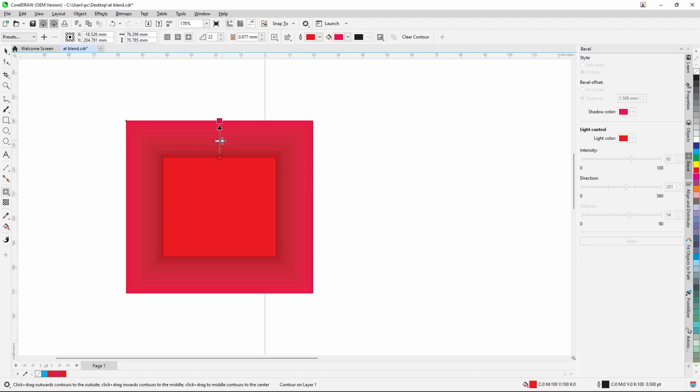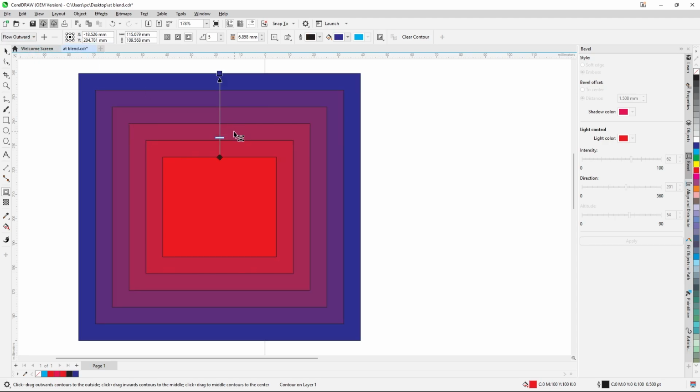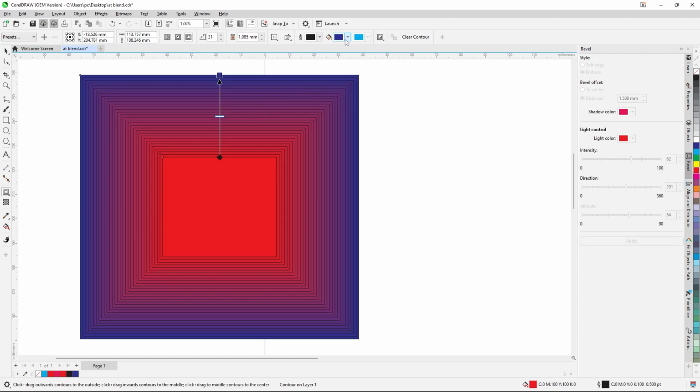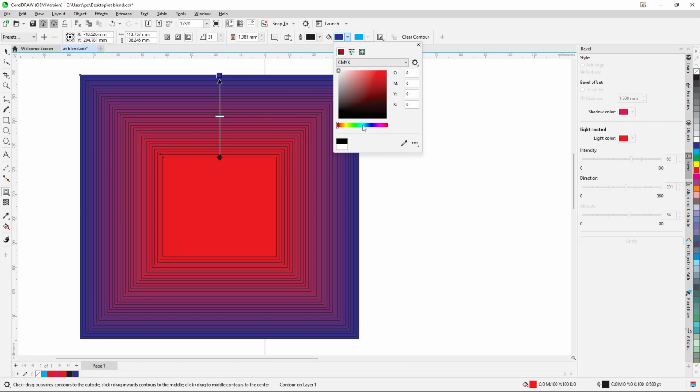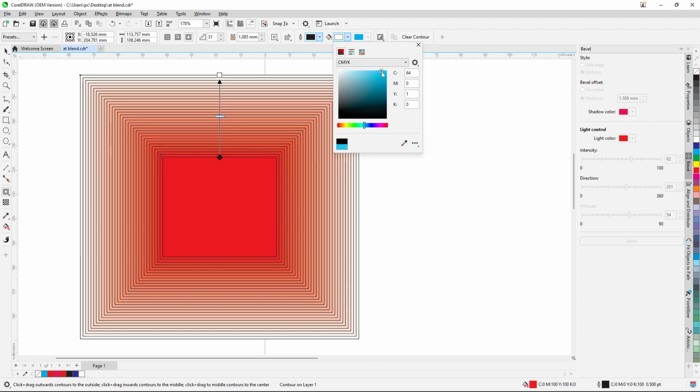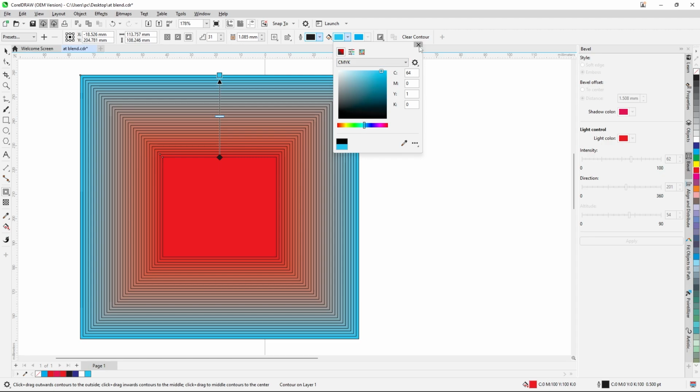You can move this one, then we'll get the contour effects, right? Here we have some presets also. So the flow inward and flow outward. So this is inward and outward. Check this one. Okay, and you can move back so that we'll get more. Change the colors also here. So you can change this color to this color. Okay,